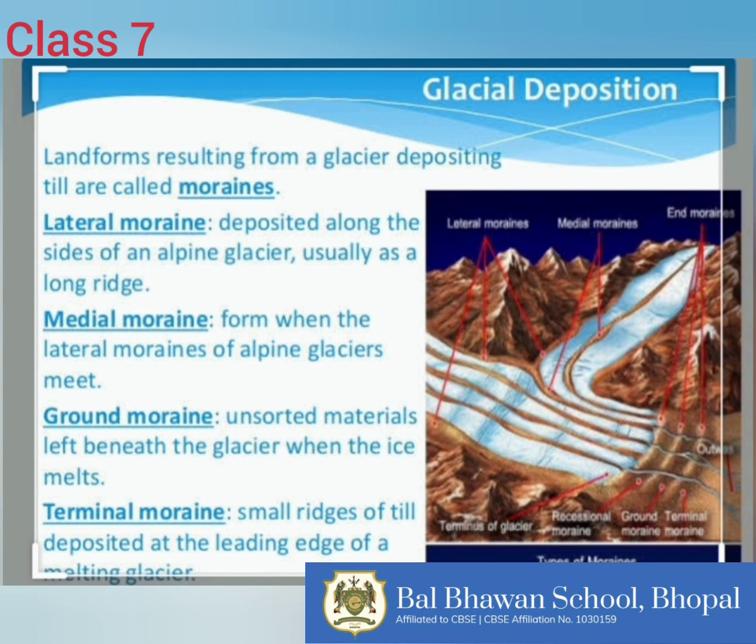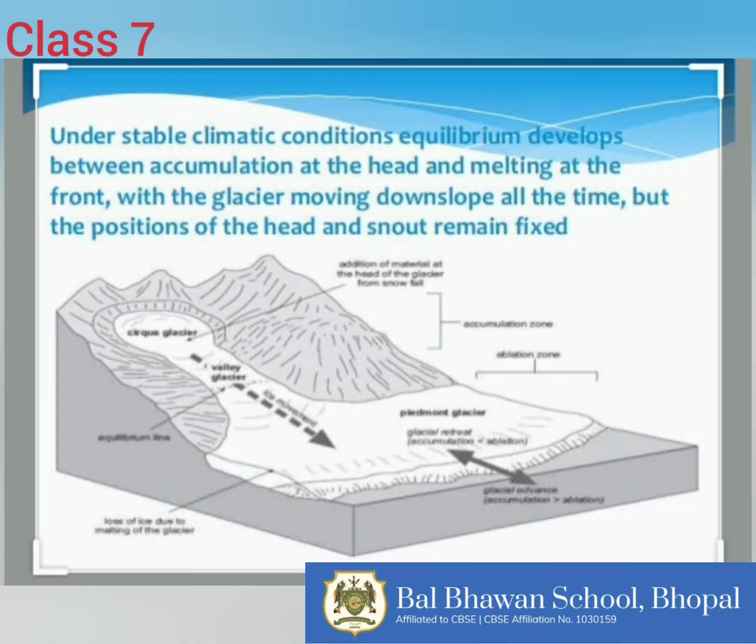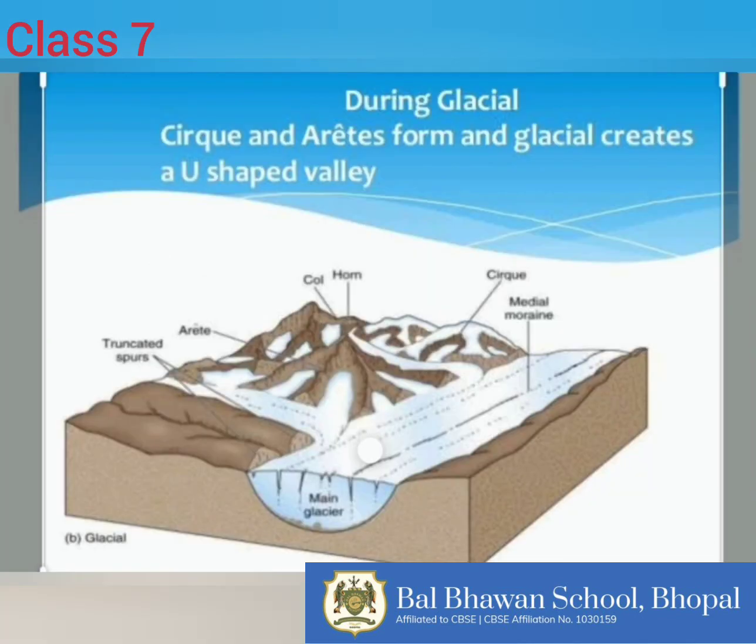These rocks act as tools of erosion. These rocks rub against the sides and the valley floor. This creates a U-shaped valley with a flat bottom and almost vertical sides. The glacier carves out deep hollows along the slope of the mountain. It develops an armchair-like depression called a cirque. When glacial ice melts, the depression is filled up with water and forms a lake. This is called a tarn.